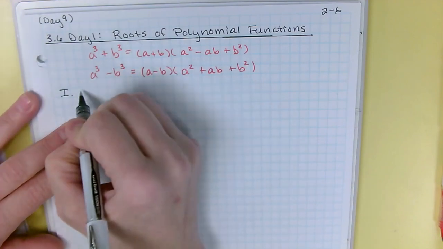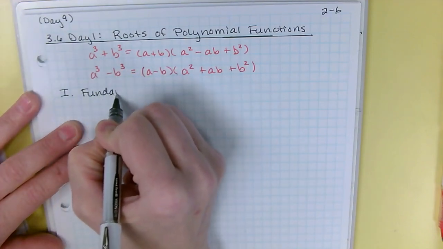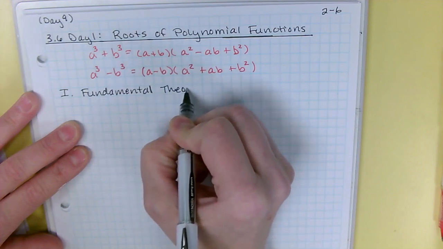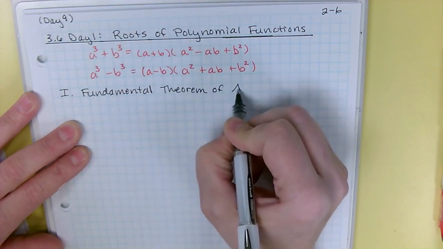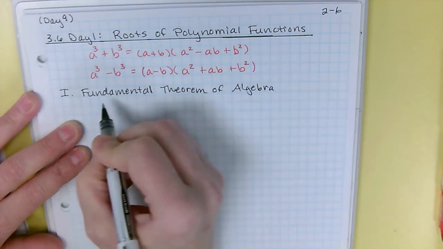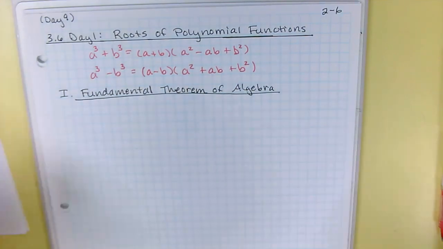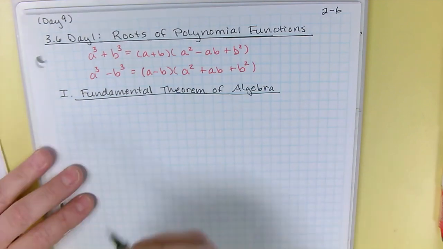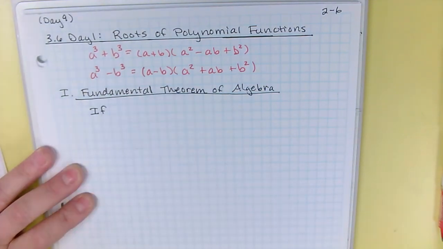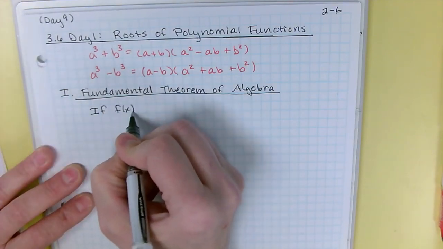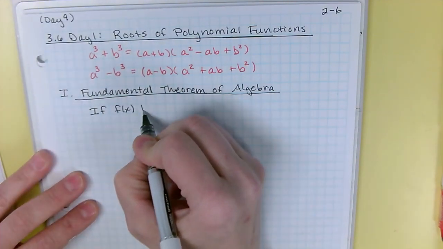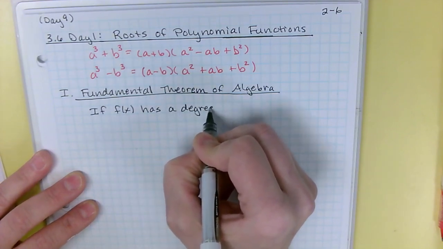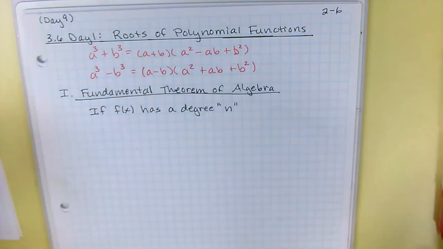Okay, so Roman numeral 1, the fundamental theorem of algebra. Which is not actually as grandiose as it sounds, but it is helpful. The fundamental theorem says if you have a function f of x, and f of x has a degree of n, which is some number,